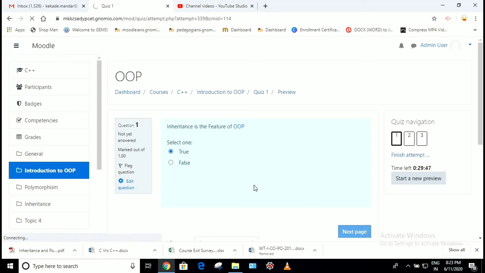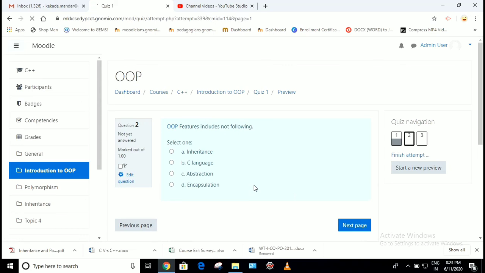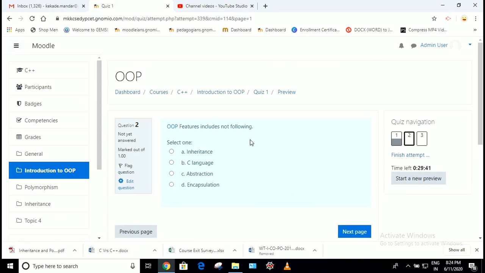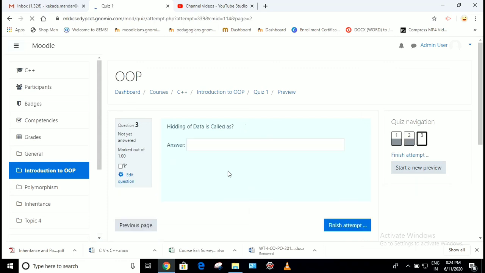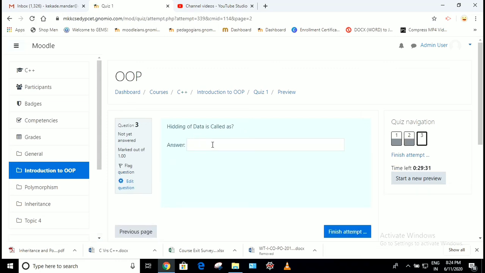Second question will appear on the next page. OOP feature not includes. We will give some wrong option, that is abstraction, that is a wrong answer. Click on next page. The third question, hiding of data is called as, we will type the answer data abstraction. Okay, and click on finish button.